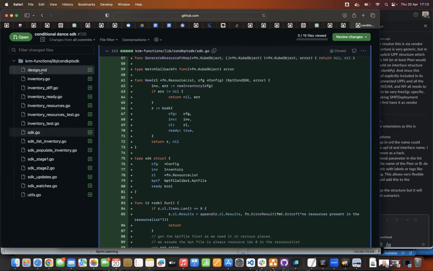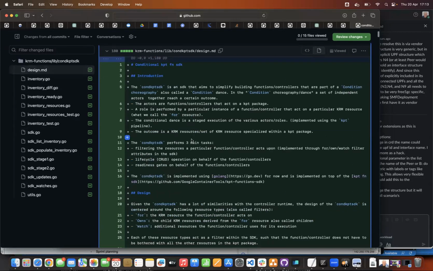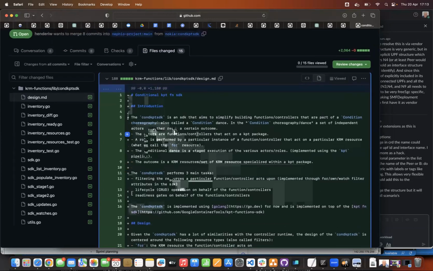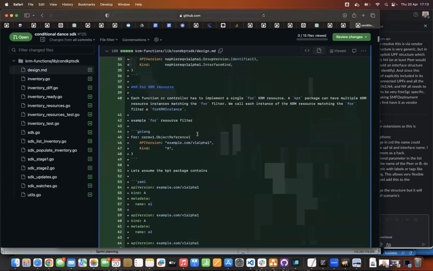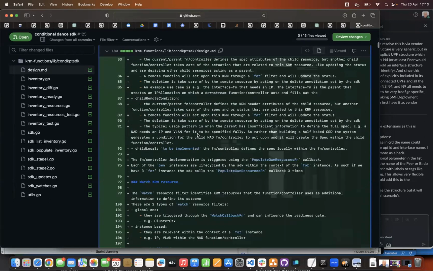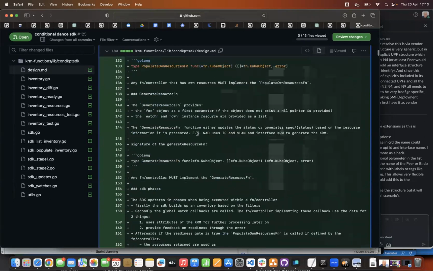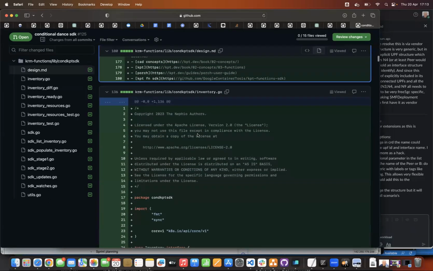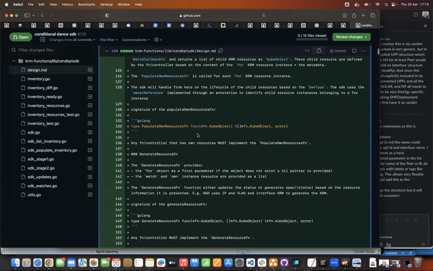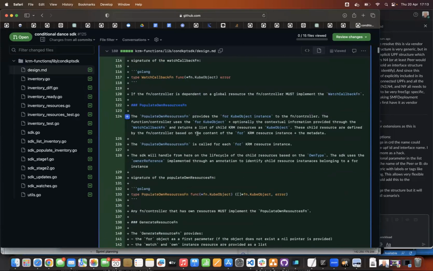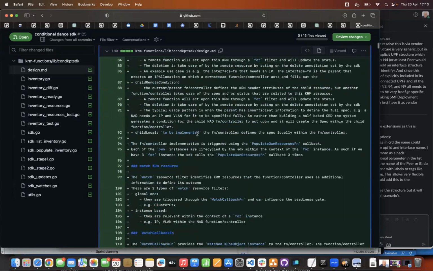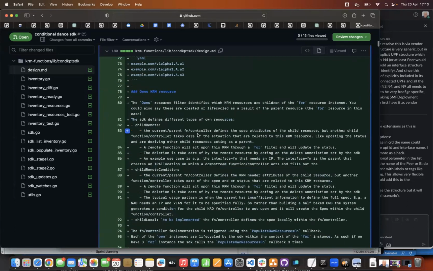Plus, what I would love to have is people reading the design document. It tries to explain how it works, and it's awesome that you have added the design as well, which will give guidance to PR reviewers on what this is all about.